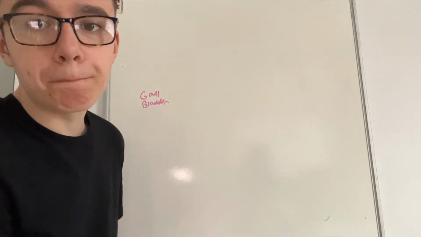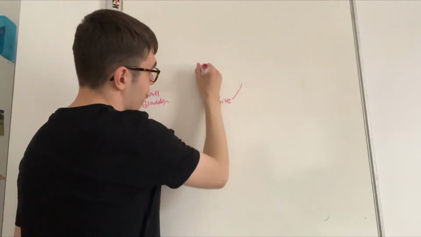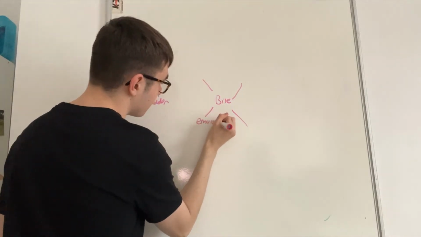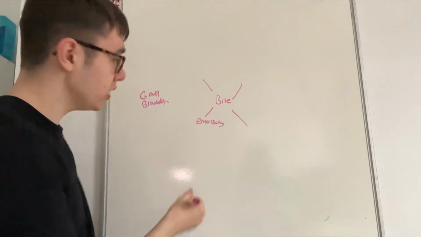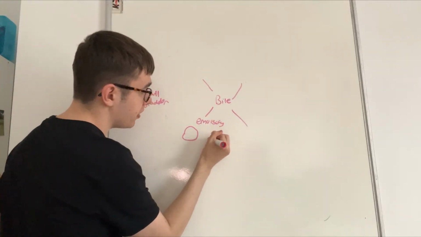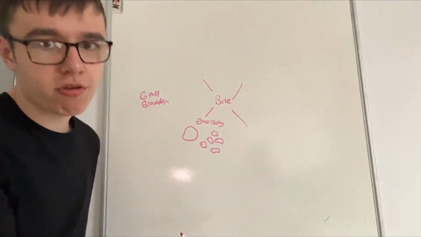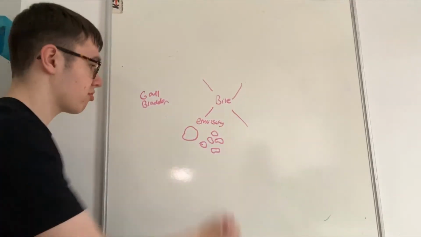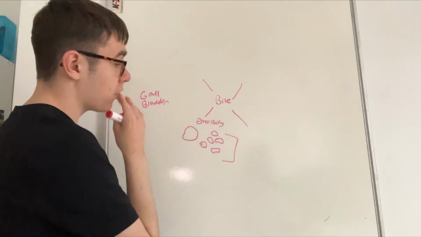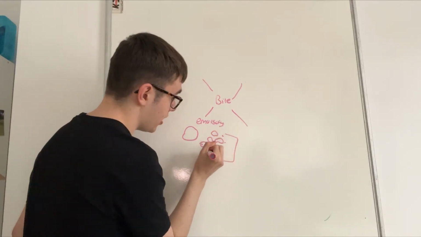Gallbladder is for bile. What are the functions of bile? Such a horrible word, I hate it. But bile emulsifies fat. Now, what does that mean? Well, let's assume we have a fatty molecule here. It's going to get emulsified, broken down into smaller bits. What will this do? Surface area. It's all about surface area. This makes the surface area larger overall, meaning that the enzymes are able to break them down into the useful